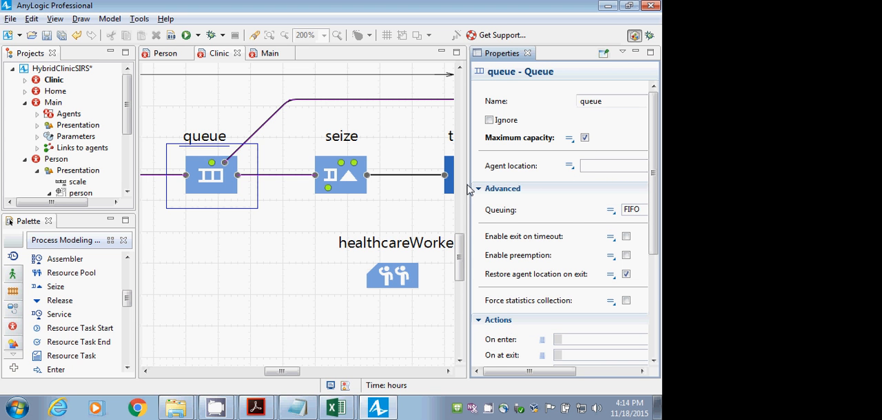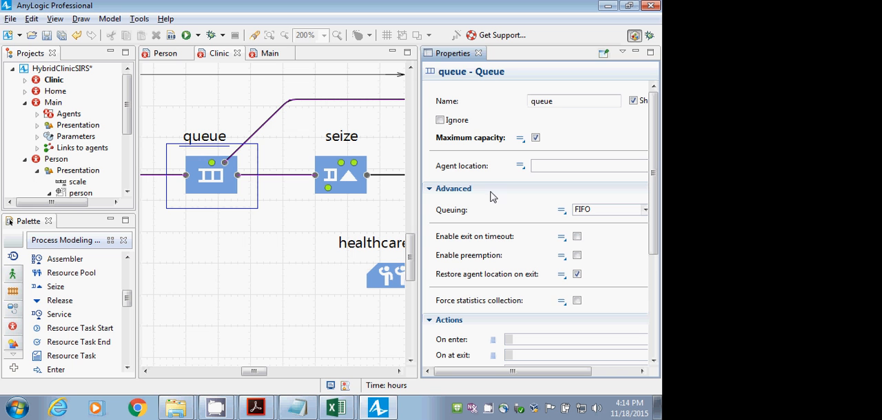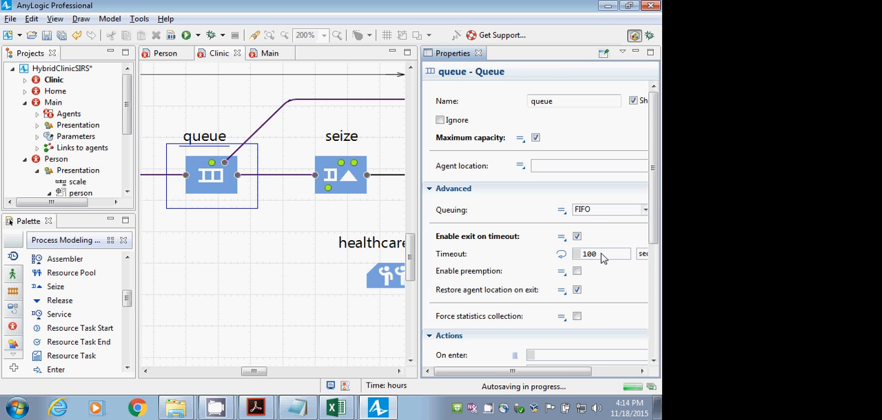And I would like you to enable exit on timeout. And the timeout transition to represent what Jeff called the impatient patients will be associated with a delay of... I thought I had these in here, but that's fine. Be associated with a delay of